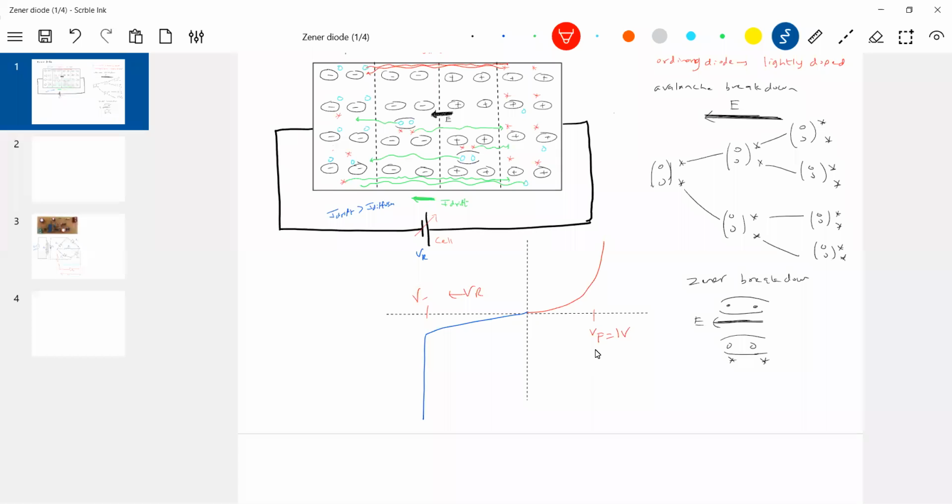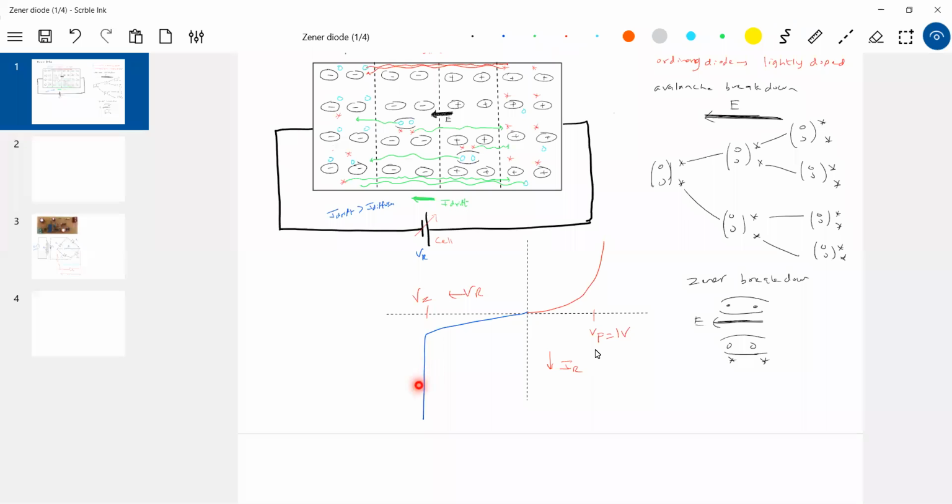Breakdown here, very specifically, I'll call VZ. This is IR, till here, where the breakdown occurs after this. Suddenly, what happens as we keep on increasing the reverse bias, the width of the depletion layer increases. Then, as the width of the depletion layer increases, more covalent bonds will break up, more minority carriers are generated, and the reverse current will keep on increasing, or the drift current will increase.